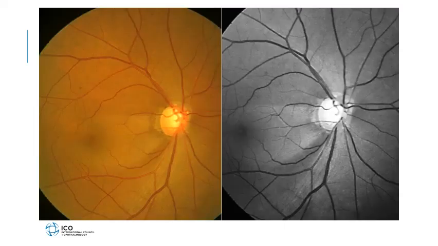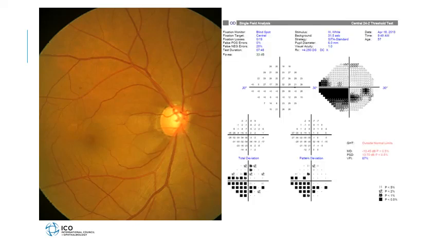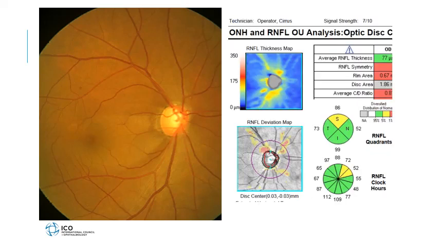Another example of a glaucomatous eye showing RNFL defects superiorly and inferiorly with corresponding visual field defects inferiorly and a small nasal defect superiorly as well. The ONH and RNFL report of the Cirrus HD-OCT shows RNFL thinning in the RNFL thickness map, both superiorly and inferiorly. However, the deviation and the clock hour and quadrant maps fail to pick up the RNFL defects seen on